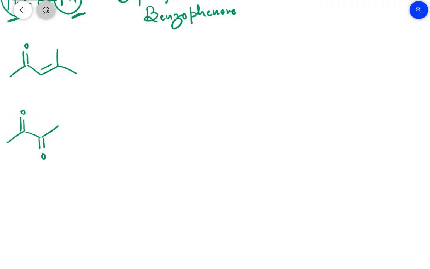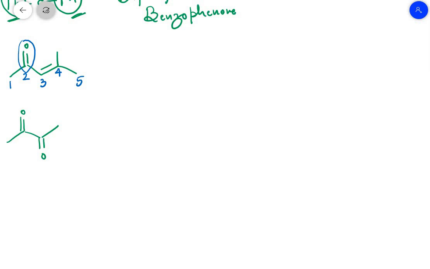In the next example, students, we are having a bond line formula. So here if you see this bond line, we have to write the numbers in such a way that this functional group will have the lowest possible number. So we start writing here 1, this as 2, this as 3, this as 4, and this as 5. So totally there are 5 carbon atoms, and apart from that we are having here one substituent. See students, if I write an H, then that is different, but if I don't write H, it is understood that there is one carbon atom.